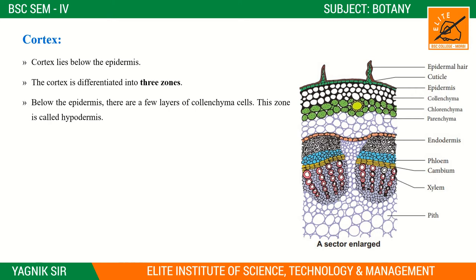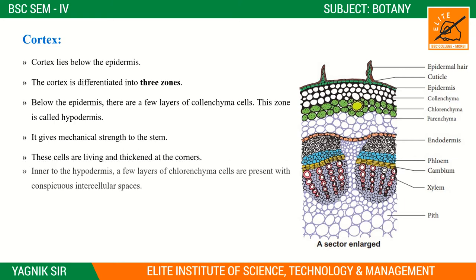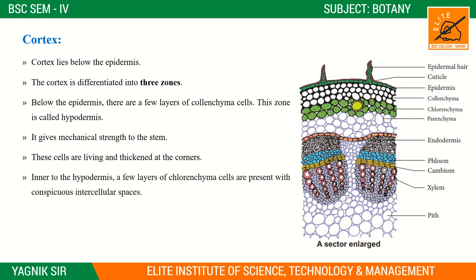Exactly below the epidermis there are 2 to 4 layers, and these layers are called the hypodermis. And it gives mechanical strength to the stem. These cells are living and thickened at the corners. The thickening is on the corner sides, so they are thick. And inner to the hypodermis, there are a few layers of